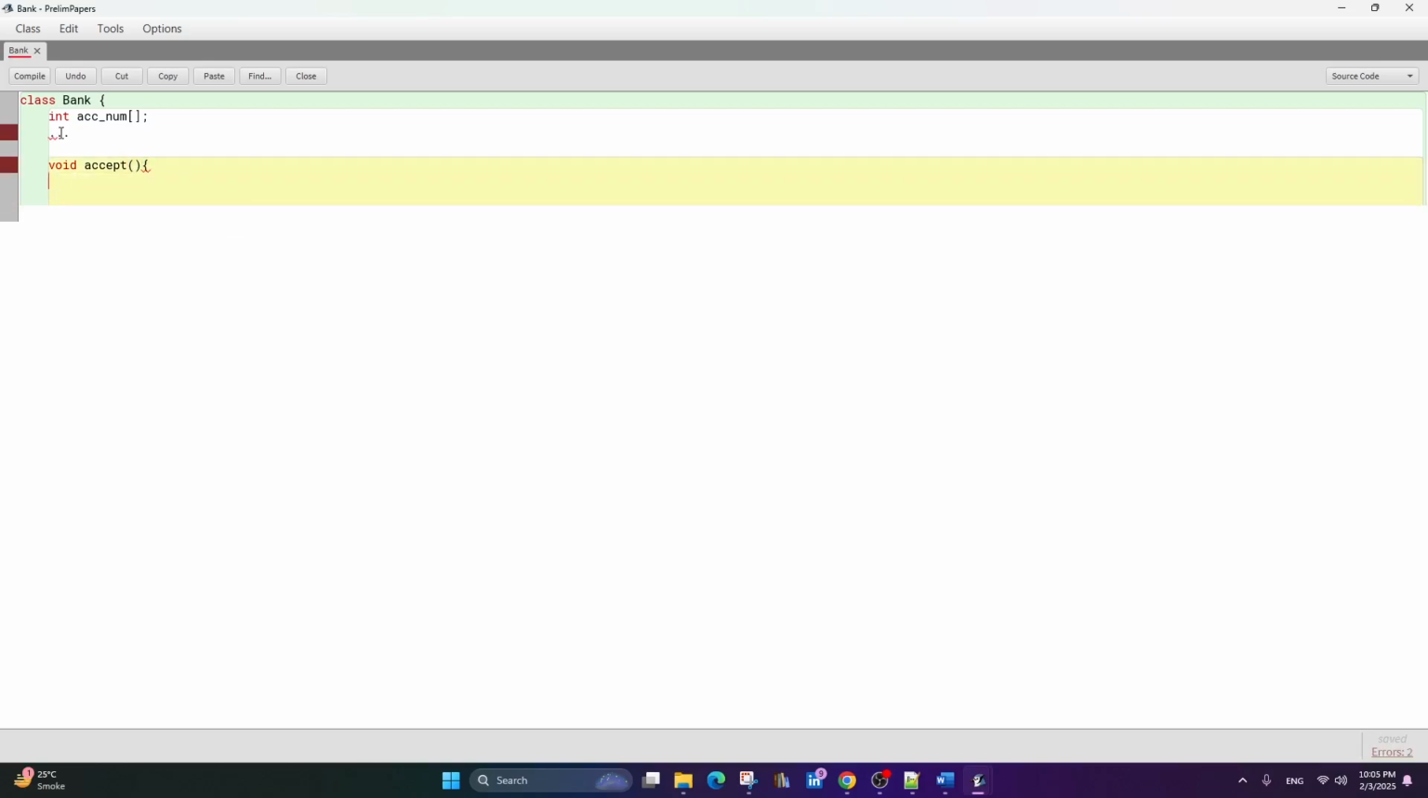you have to accept the account number, name and balance of 10 accounts. So clearly there will be some kind of for loop; let's have something rough, for 1 to 10. You will have to accept the account number, account underscore number, and the balance you will accept, right, balance of 10 accounts. And then